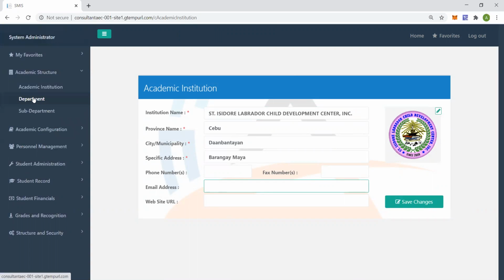Now, departments and sub-departments define the departments that are created, identified, or used by the school, like math department, accounting department, registrar department, just for the purpose of recording and for use in relationship to other configuration. Okay. Next